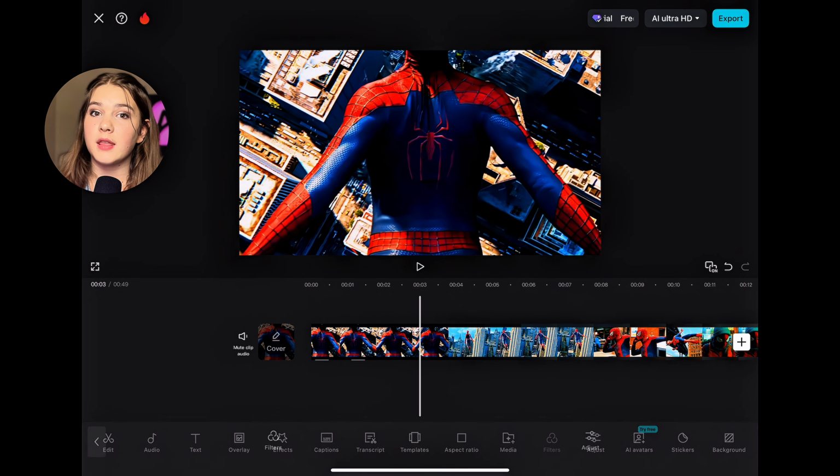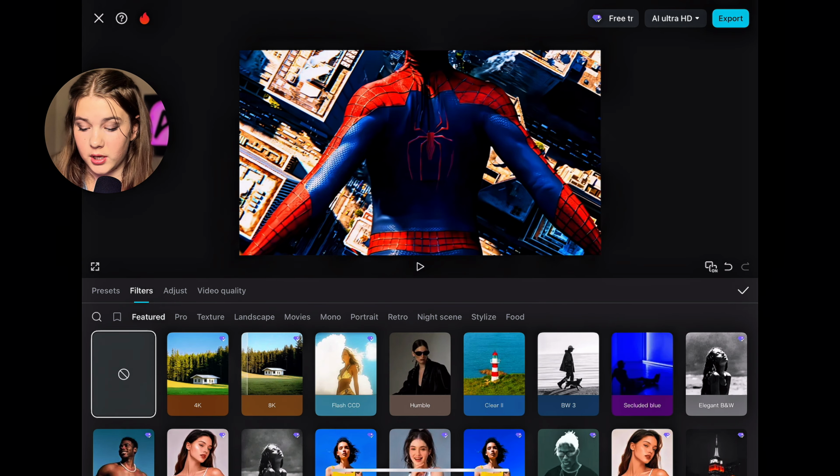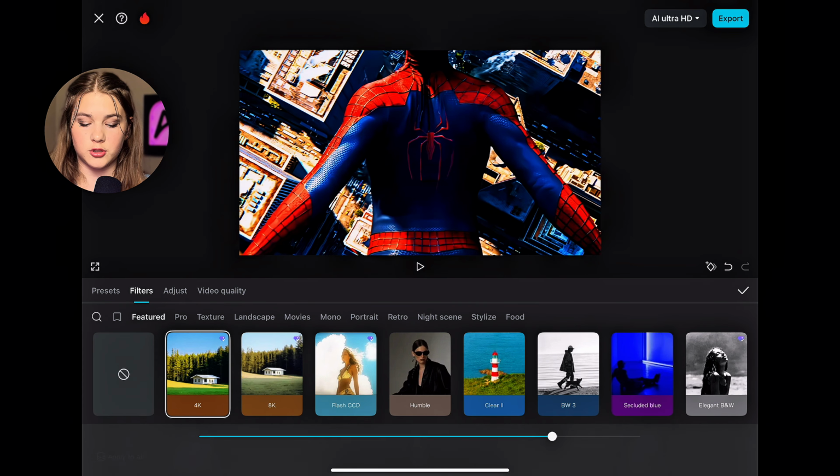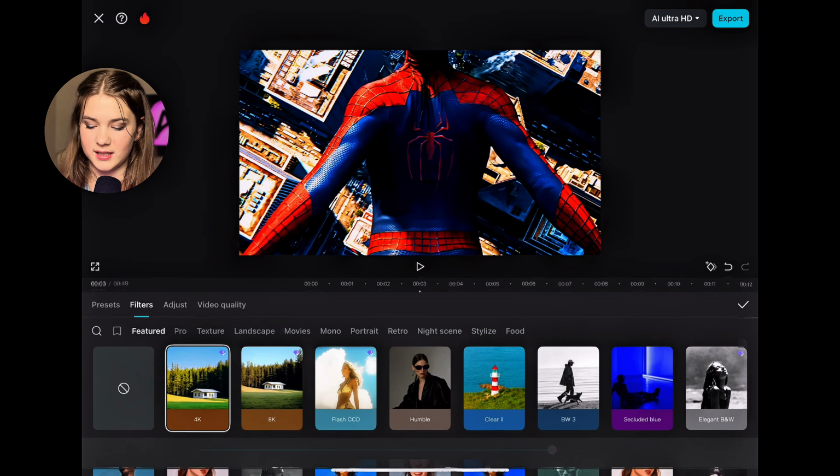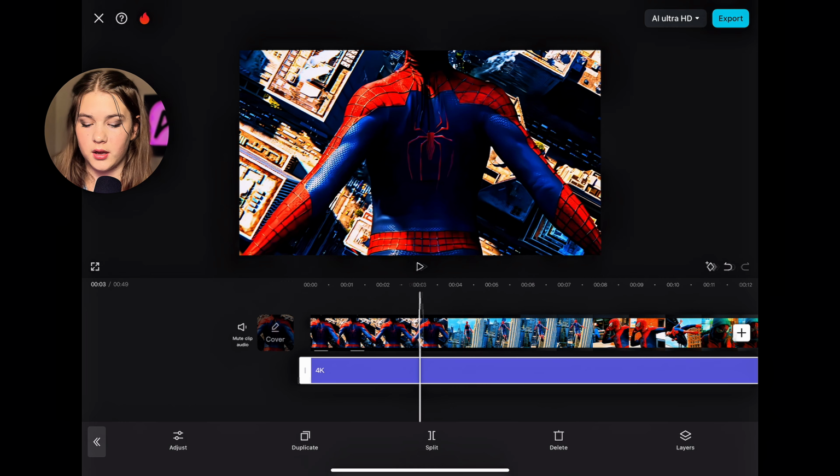Now the other way that you can do this is you can go to filters, and this is for the pro version. So if you have pro, you can use the 4K and 8K in filters, and the sharpen edge is more if you are not pro, you can use that kind of trick. But if you're pro, you can use this 4K or even 8K, and you might also need to adjust the intensity of the